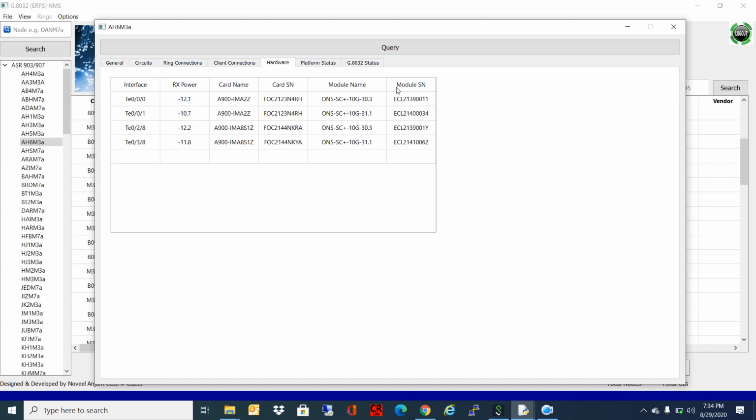if we want to check the refreshed information, we have to press the query button. It will again log in into the device and fetch all the data and display it over here, and all the changes in the information will be displayed over here.